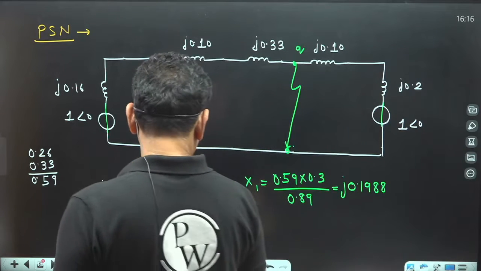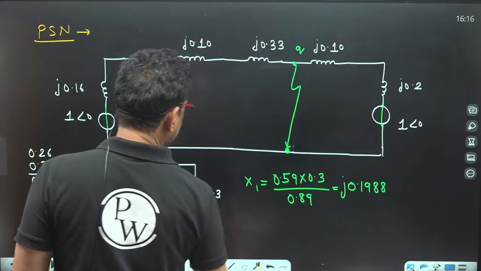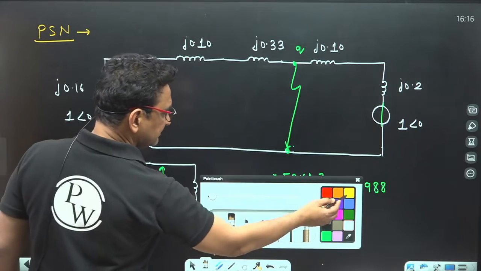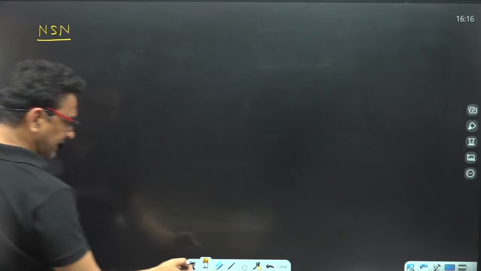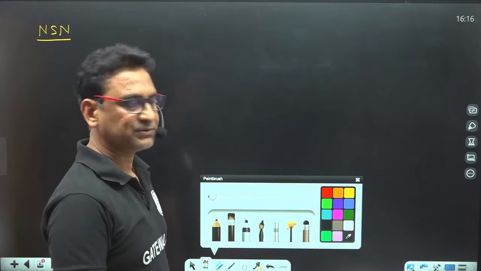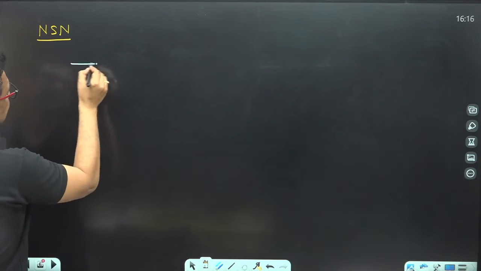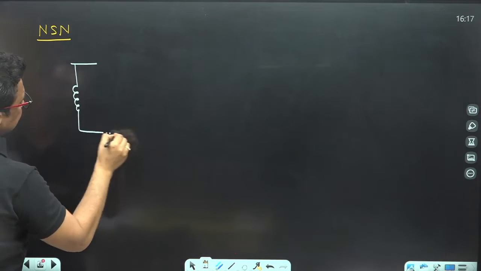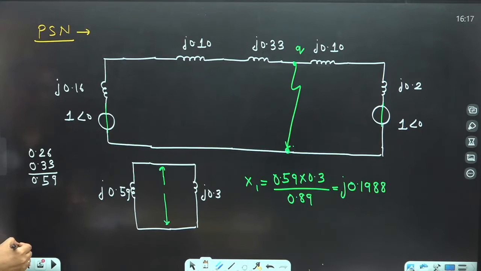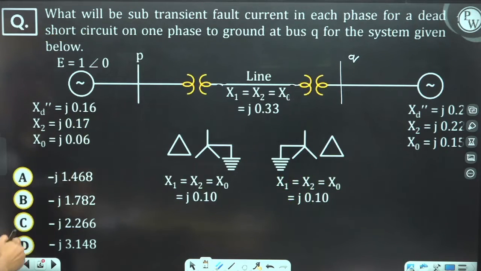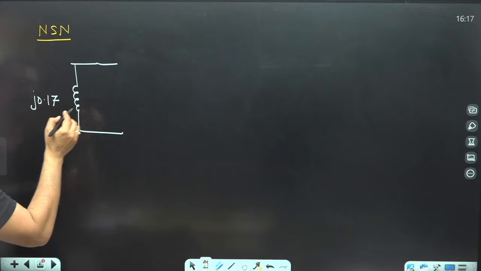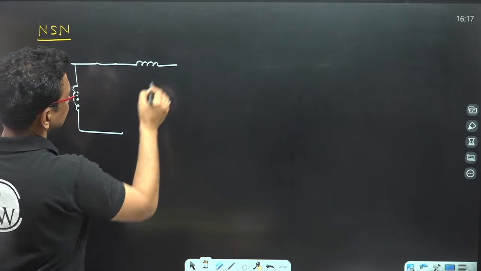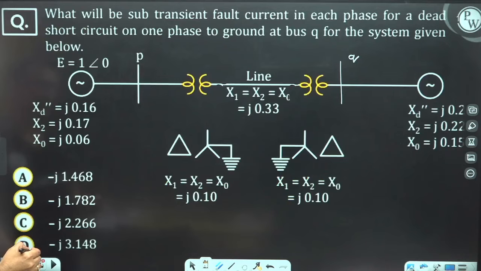Now, in a similar manner, just find out the negative sequence network. So let me draw the negative sequence network. The negative sequence network does not have any source. So for the alternator, the negative sequence network is nothing but a reactance, and its value will be j 0.17. For the transformer, again it's a reactance, its value is